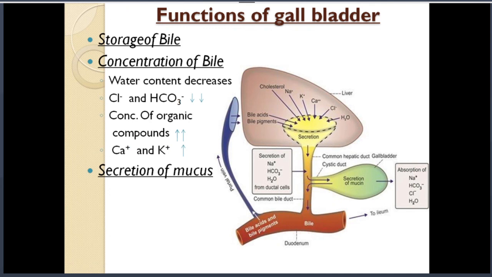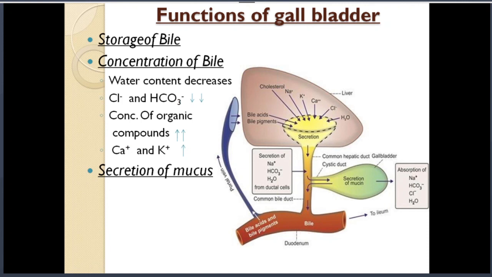The gallbladder has a specialized epithelium with various indentations, as is the case of any mucosal lining that is meant to reabsorb. Wherever reabsorption has to happen, this specialized structure is present in the epithelium: pits form, indentations form, and this increases the surface area for reabsorption. The gallbladder epithelium is no different. It also has specialized epithelium that has increased surface for reabsorption. So all these changes occur in the gallbladder that make the bile much more concentrated.